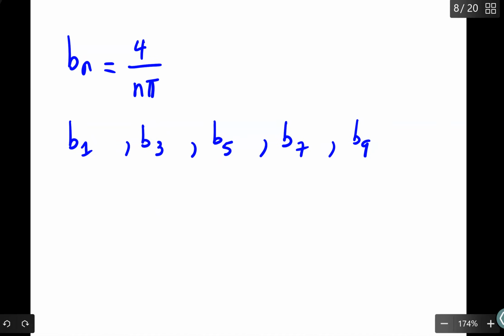So then what you should write is B1 will be equal to 4 over 1 times pi. B3 equal to 4 over 3 times pi. B5